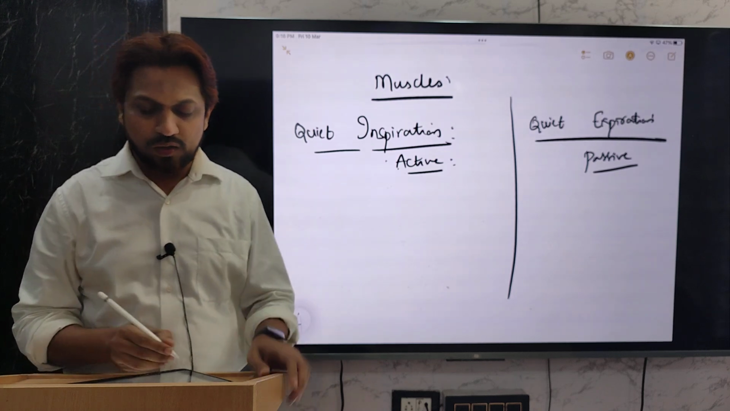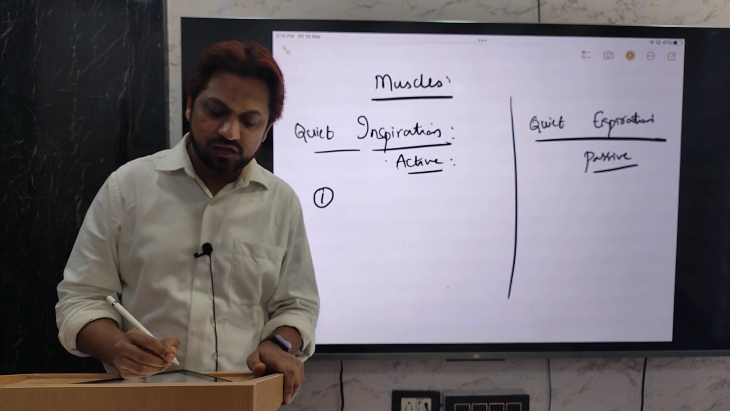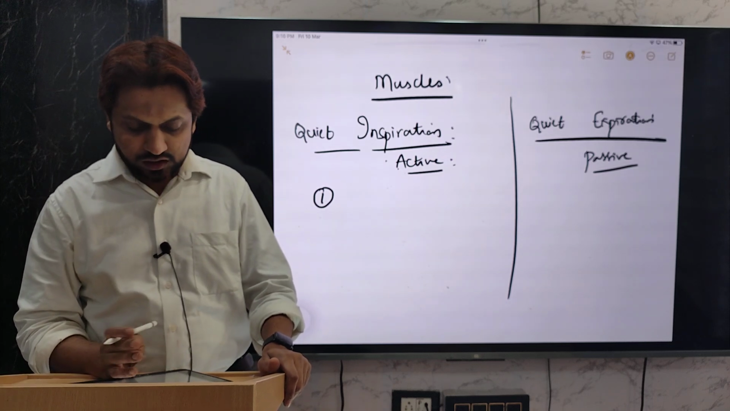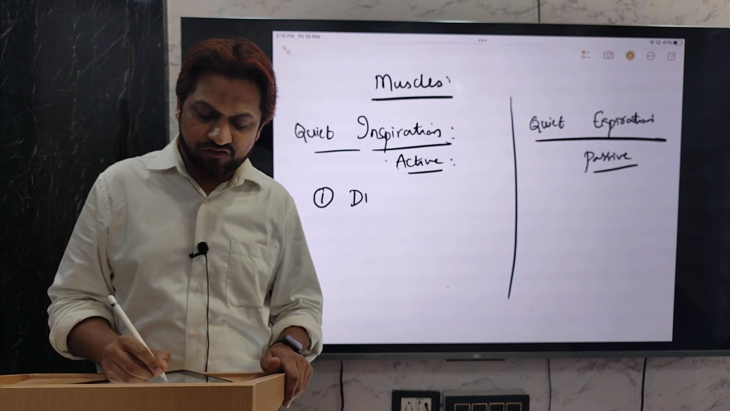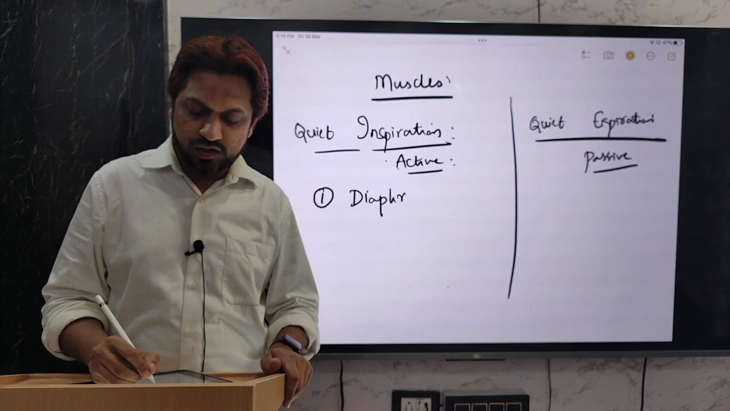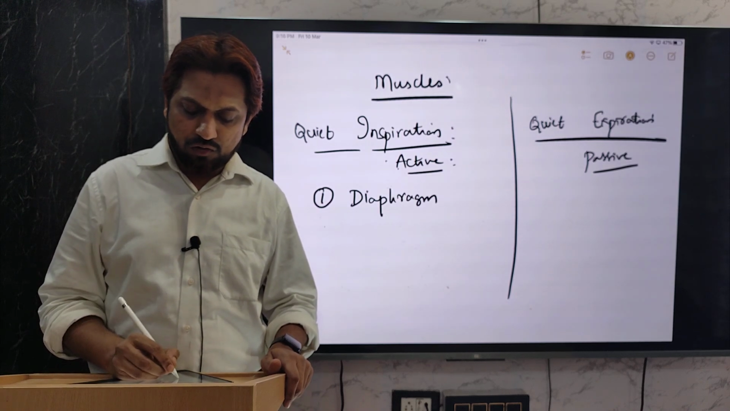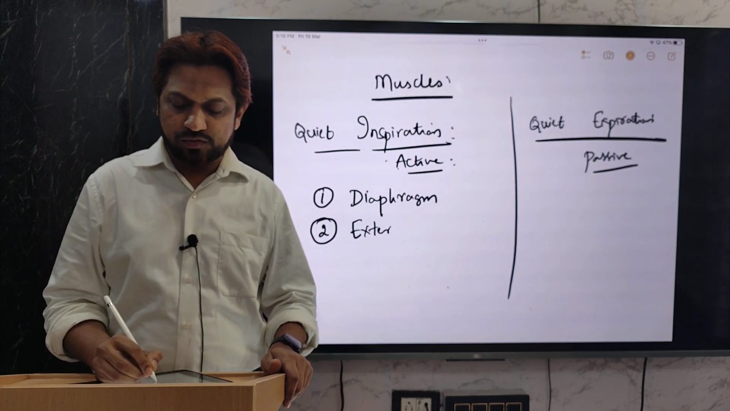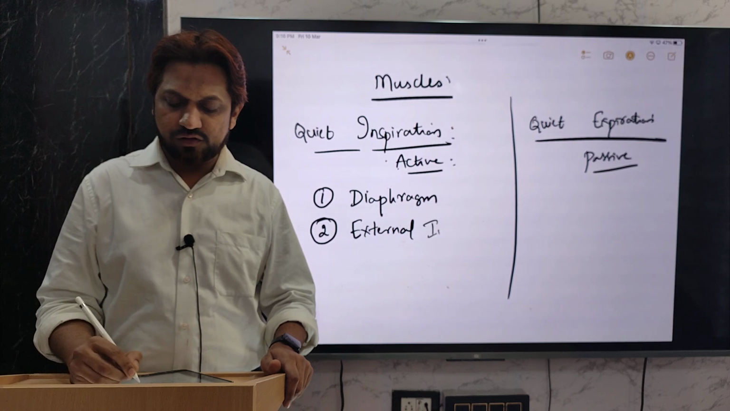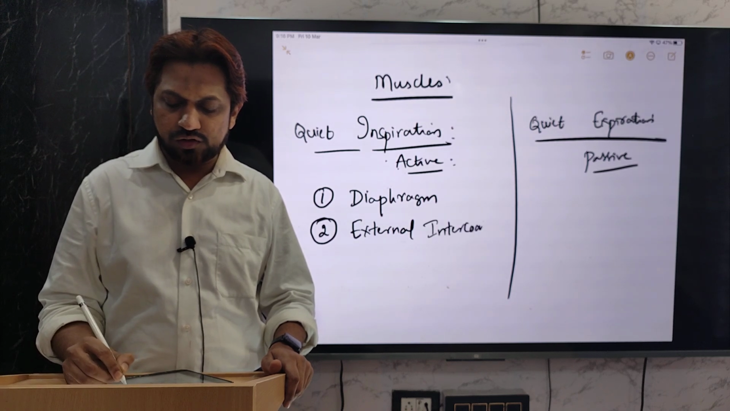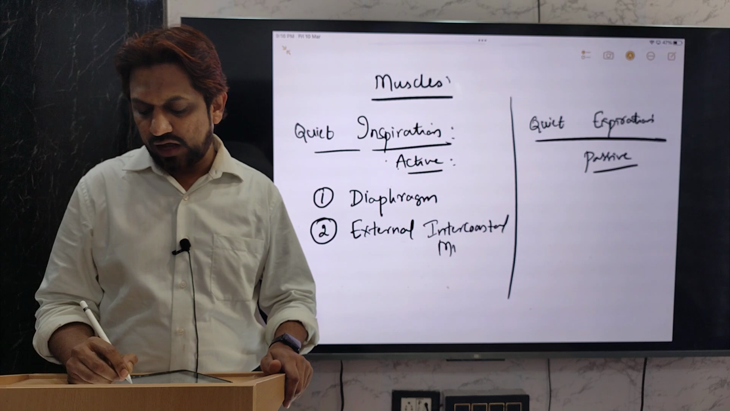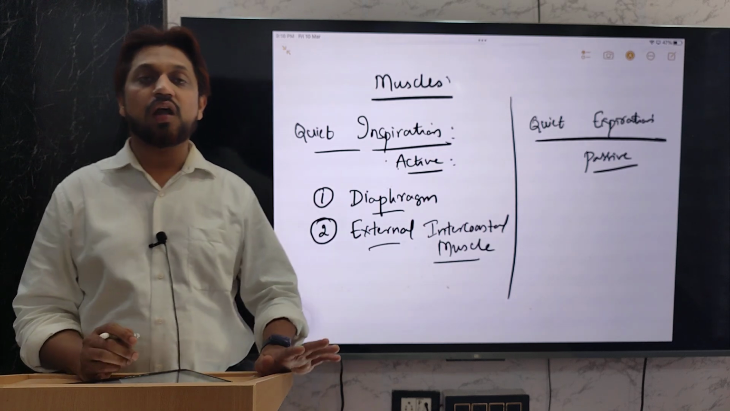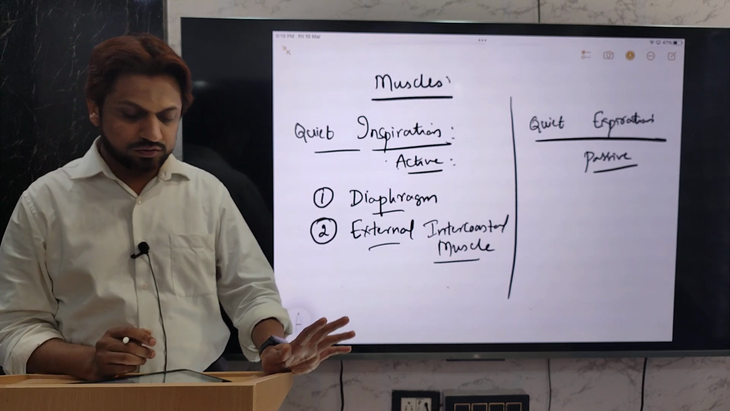So mainly two important muscles will actively contract during quiet inspiration. What are those muscles? One is the diaphragm muscle, another one is the external intercostal muscle. Diaphragm and external intercostal muscle are the principal, the main muscles responsible for this process